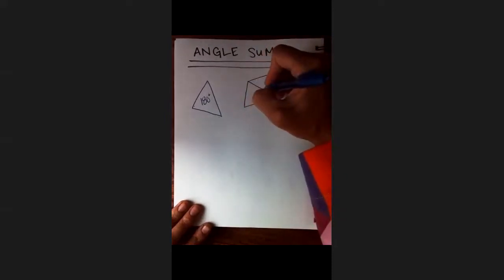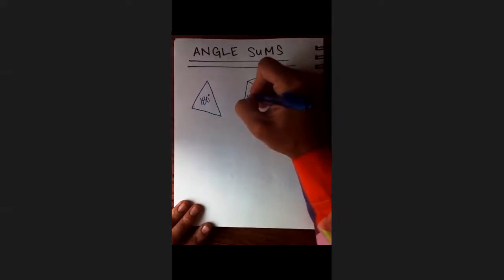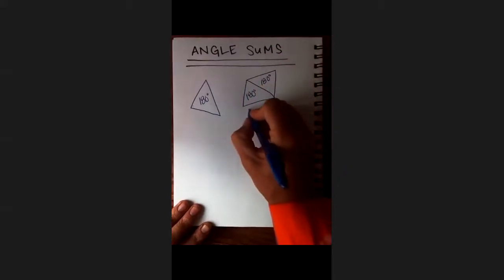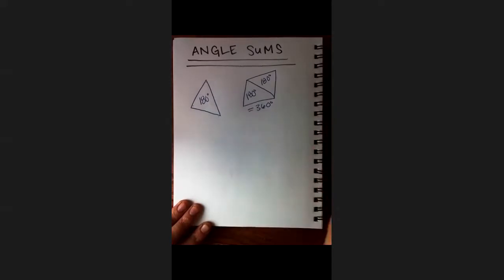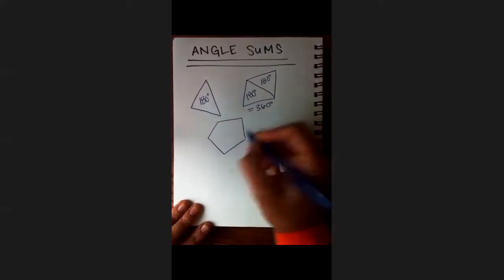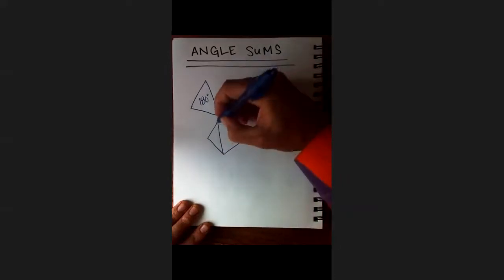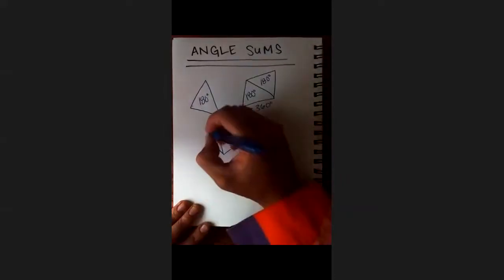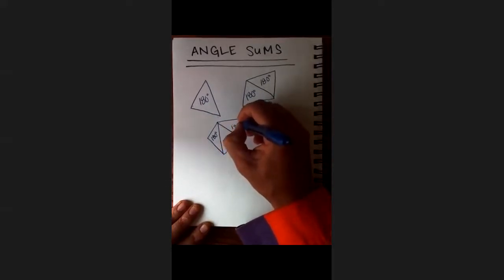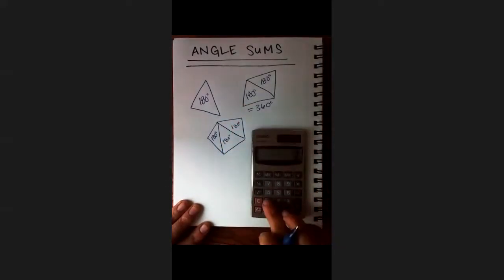If we look closely, we can cut this shape into two triangles and each one would be 180. So the angle sum for this quadrilateral would be 360 degrees. Now let's suppose we have a five-sided polygon, and we can cut this one into three different triangles, each 180. So for this five-sided polygon, we would get an angle measure of